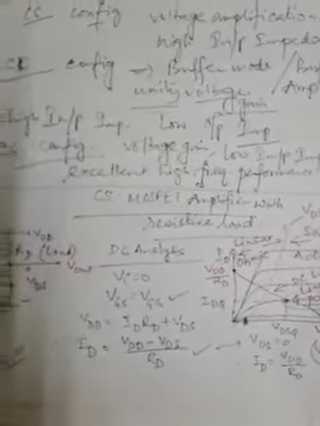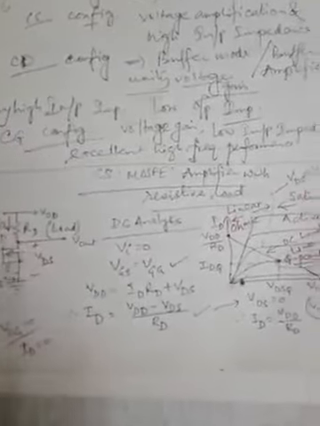Naturally there will be no channel, and if no channel is formed, that means there will be no carrier conduction between source and drain, and so in the external circuit there will not be any current at all, or that means in the external output circuit there will not be any drain current rather. So this ID, which is flowing from this plus VDD through this RD into the ground, for VGG equal to 0, this ID will also be 0 initially.